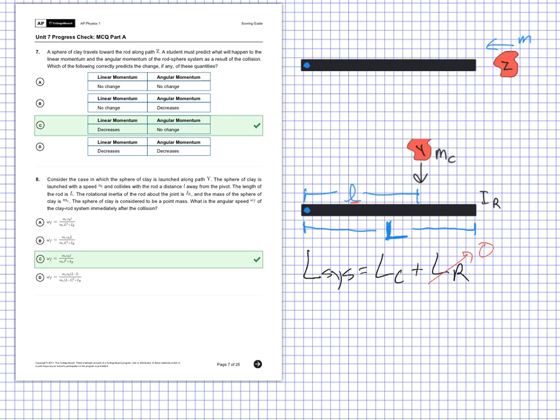So the way that looks is the L of the system, or just the angular momentum of the clay, is the moment of inertia of the clay times the angular velocity of the clay. And that would be its little mass of the clay times that radius squared, which is lowercase l, times its initial omega, which they define as just,